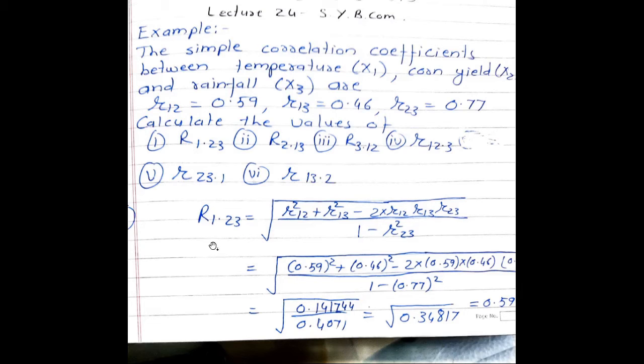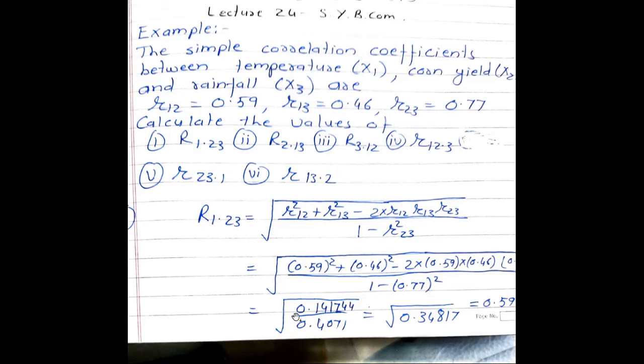See the first part, capital R 1.23 is equal to square root of r square 12 plus r square 13 minus 2 into r12 into r13 into r23 divided by 1 minus r square 23. So we will replace all the values. So R 1.23 is equal to square root of 0.59 square plus 0.46 square minus 2 into 0.59 into 0.46 into 0.77 divided by 1 minus 0.77 square. So if you solve these values, we are going to get the answer as capital R 1.23 is equal to square root of